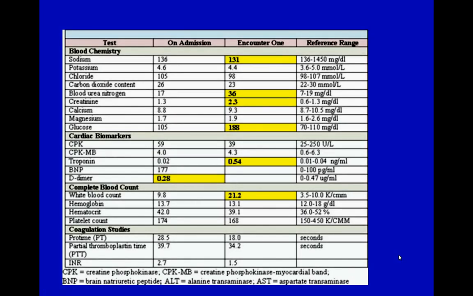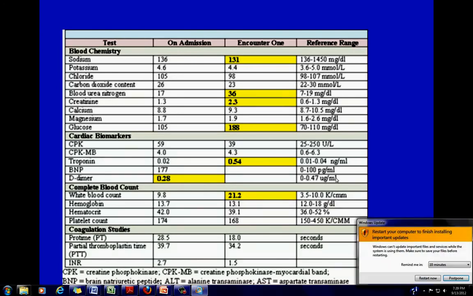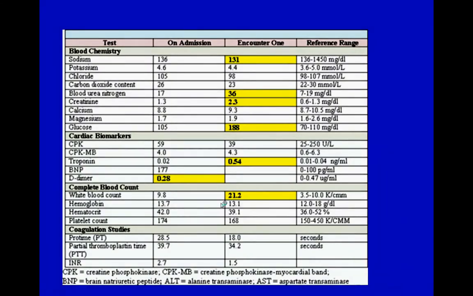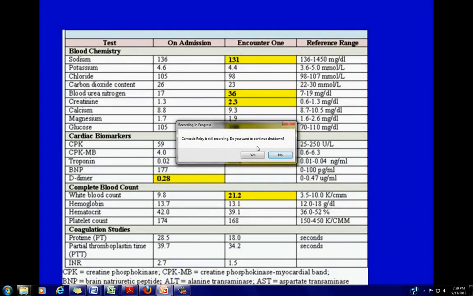All right, so let's look at it in a real patient then. So if you look here, here's your D-dimer. D-dimer level should be here. This person has a low D-dimer. So that would be a good thing if we were looking at a person who maybe has